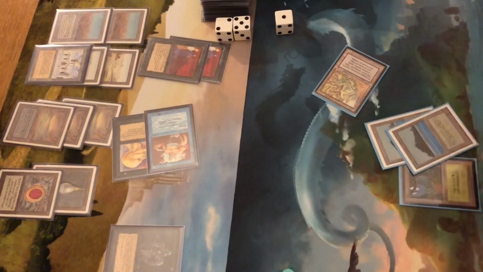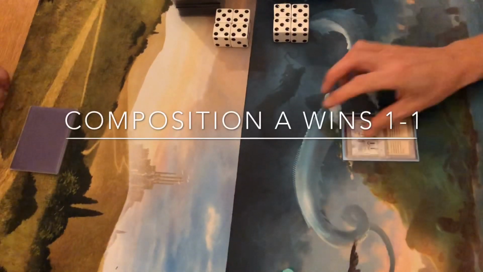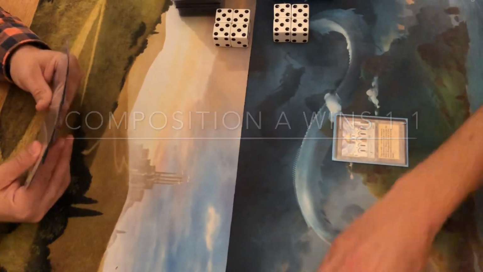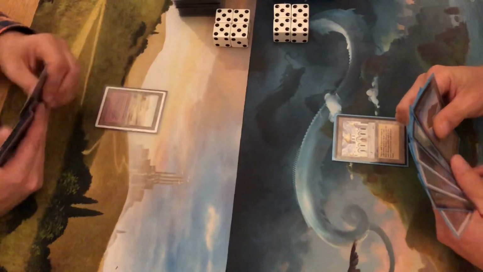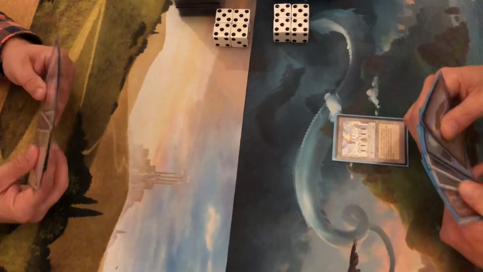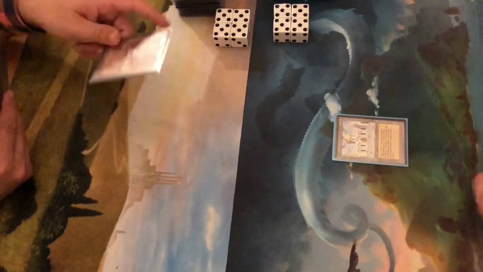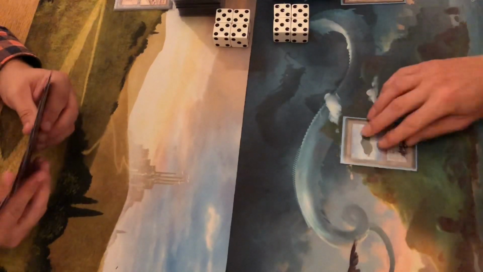Pretty exciting. It's pretty even at this point. This is 1-1 between the decks. And that's the 3rd time that library is out. Can't fault his luck here. Boom. Strip mining it. Well,